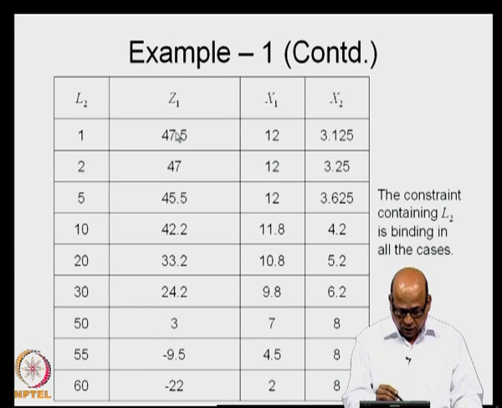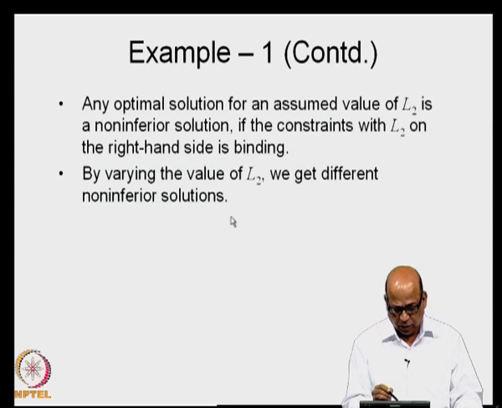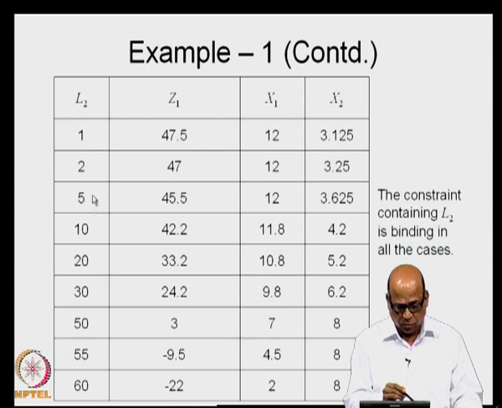So, you will get a trade off. Why I keep on calling it a trade off is because as your Z2 is increasing, Z1 has to come down. So, this is how you generate a trade off between Z2 and Z1. I am saying Z2 because of the constraint that I have put here, and because it becomes binding, it becomes equal instead of greater than or equal to. In the binding situation, it becomes equal, and therefore, Z2 will be equal to this value.